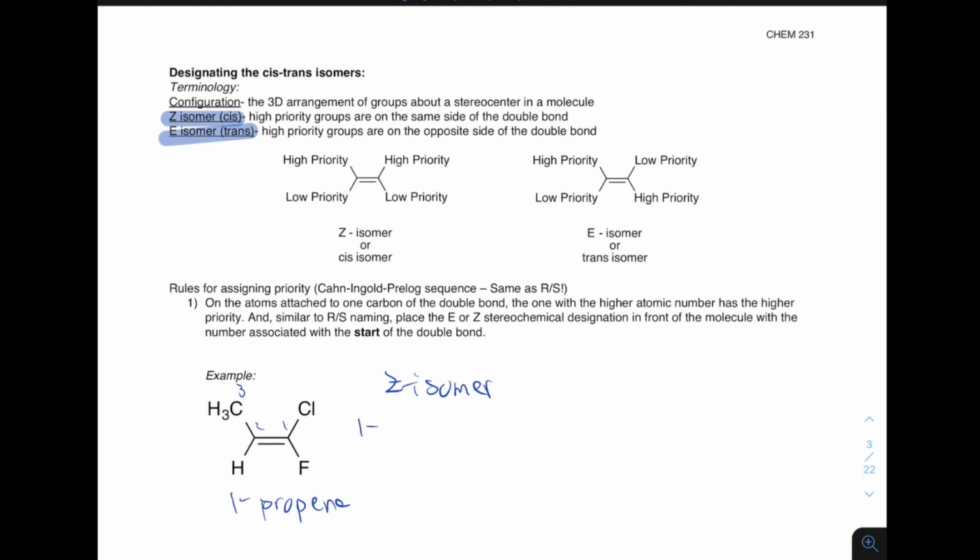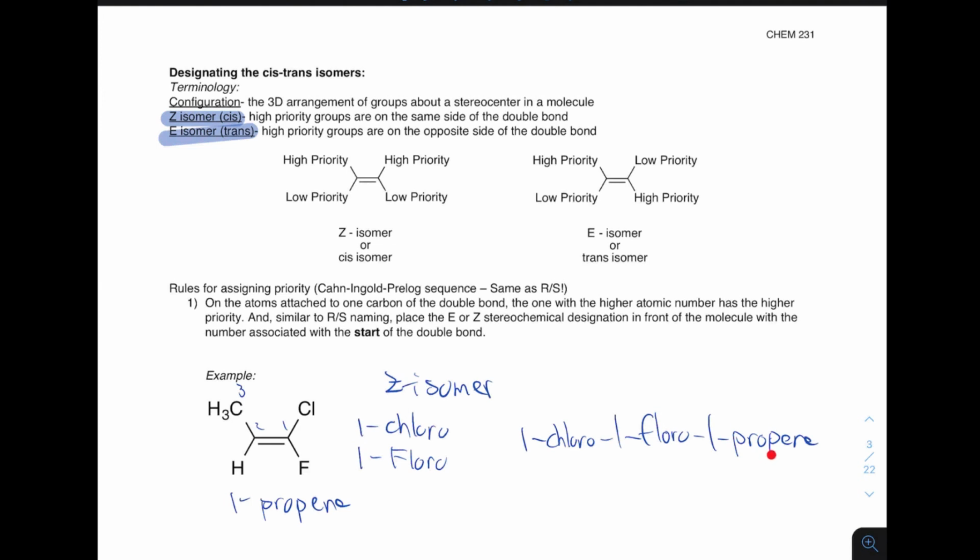So we would say that we know we have one chloro and one fluoro. And so we have to put all the pieces together here. And alphabetically name this one chloro, one fluoro, one propene. And so now, we have to say whether this is Z or E,